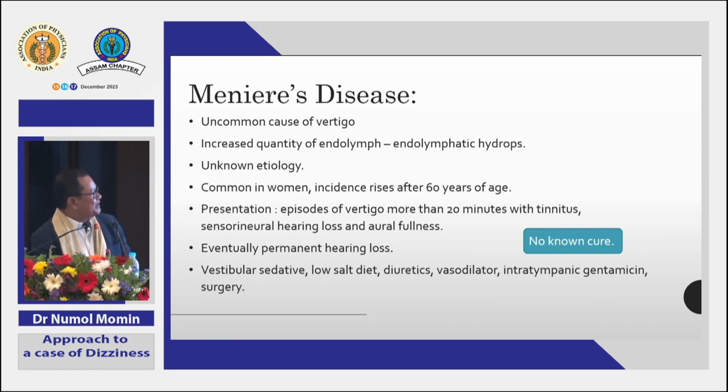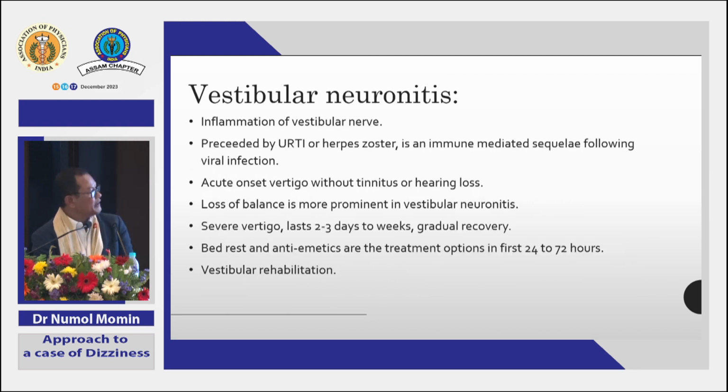Meniere disease, I already told, there is not much known about Meniere disease. It is above 60 years, females are involved. And permanent hearing loss you may also have in Meniere disease. Then vestibular sedation, low salt diet, diuretics can be tried, or a surgical correction in Meniere disease, without much success. Vestibular neuritis, again I told, has a history of